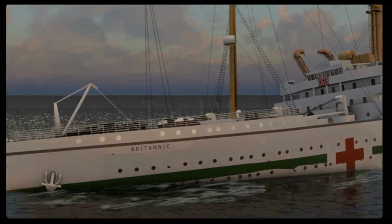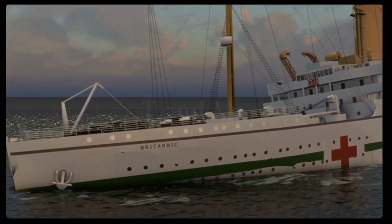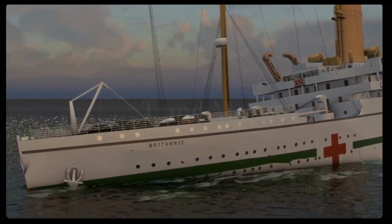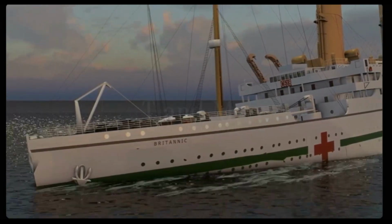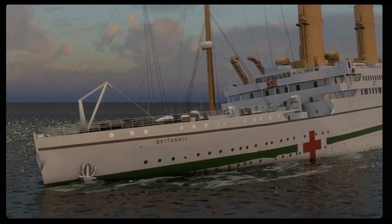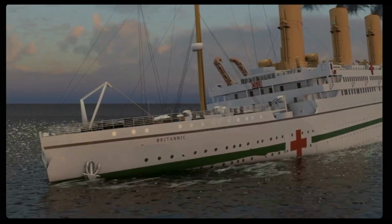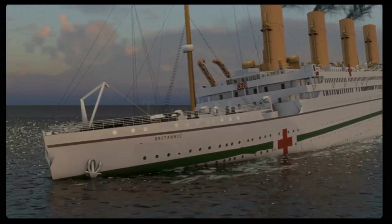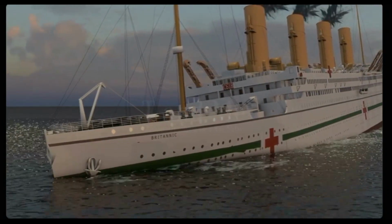But then also in lifeboat number 4, from what you can see in the propeller, Violet records in her interview that she didn't really look that the lifeboat was actually near the propellers because her back was turned, and then too late when she saw it, after she saw people jumping in the water, she made a jump for it, and then she got sucked down underneath the propellers, and it was reported that she hit her head, but luckily her hair was tied in a bun, and she rose to the surface,